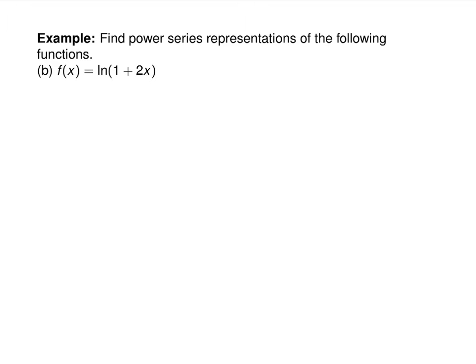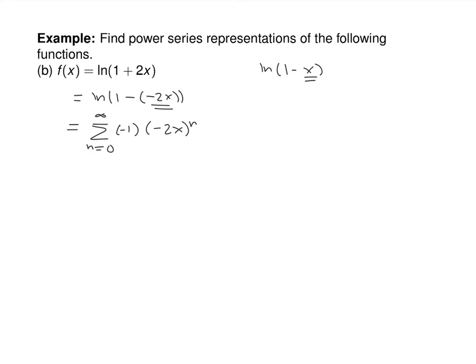And then ln of 1 plus 2x. Well, we have a power series for ln of 1 minus x. So let's express that as natural log of 1 minus negative 2x. And now we know to input negative 2x for x into our power series for ln of 1 minus x. So that's a sum from n equals 0 to infinity, negative 1 times negative 2x to the n over n plus 1,